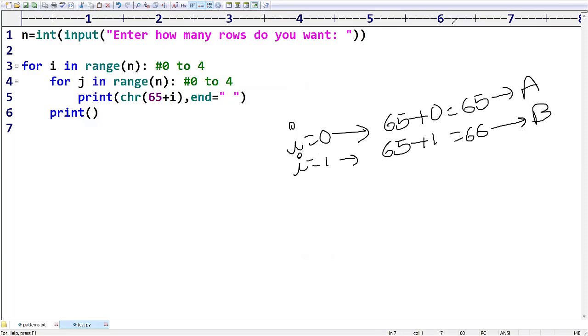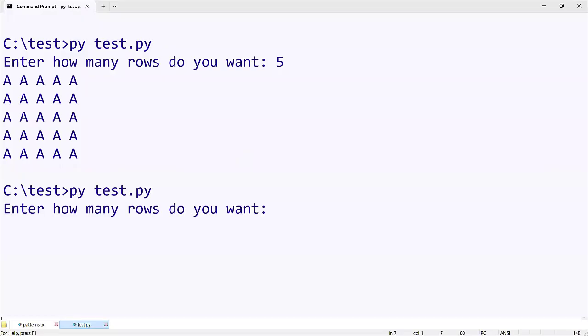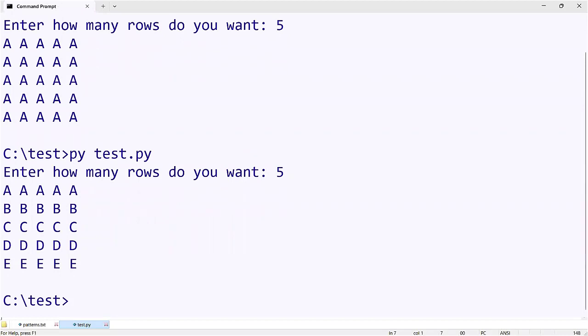Now let us run this code and check whether we are really getting our required output or not. Yes, you can see in the first row we got 5 A's. In the second row we got 5 B's. In the third row we got 5 C's. In the fourth row we got 5 D's. And in the fifth row we got 5 E's. Like this we can print,